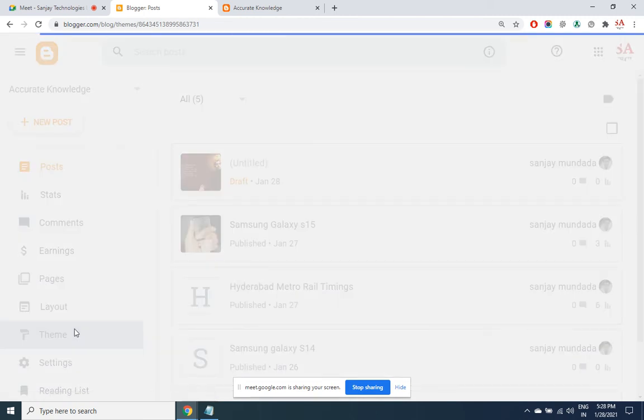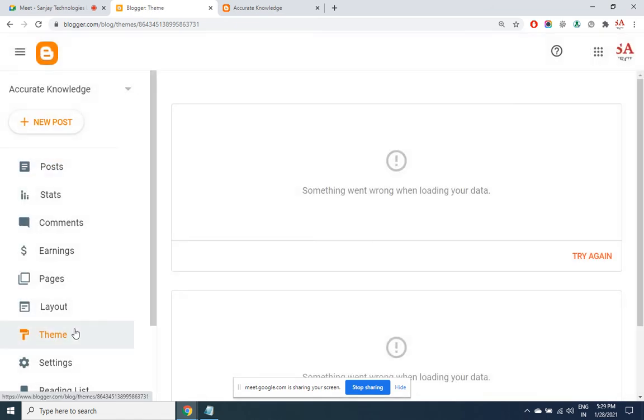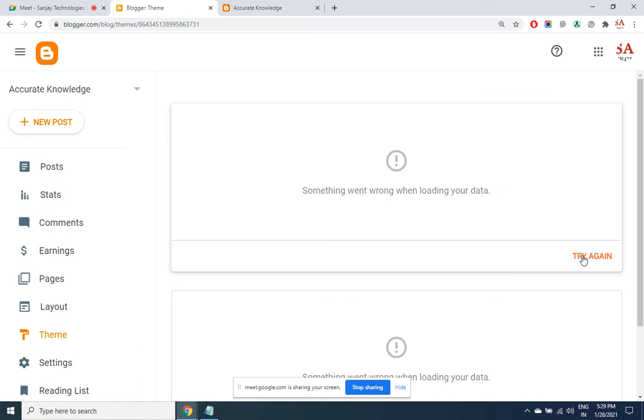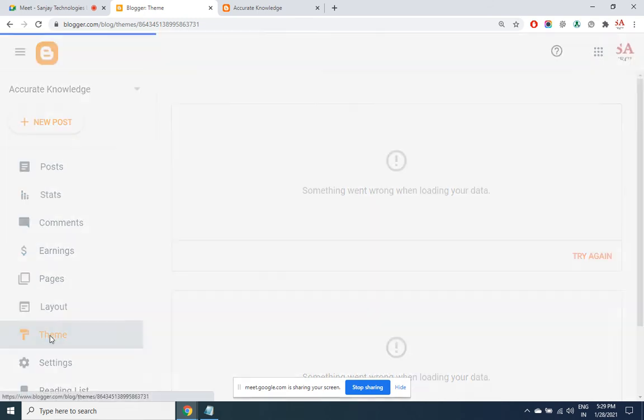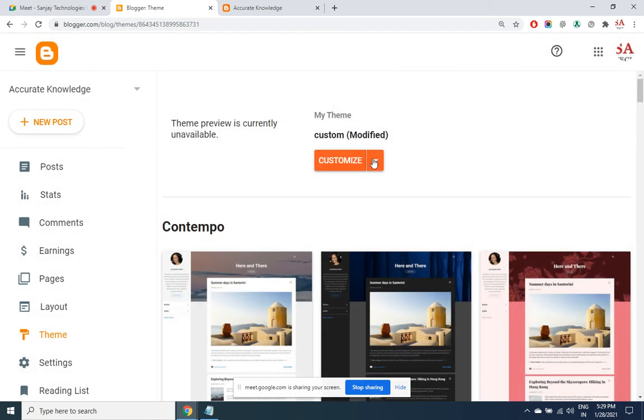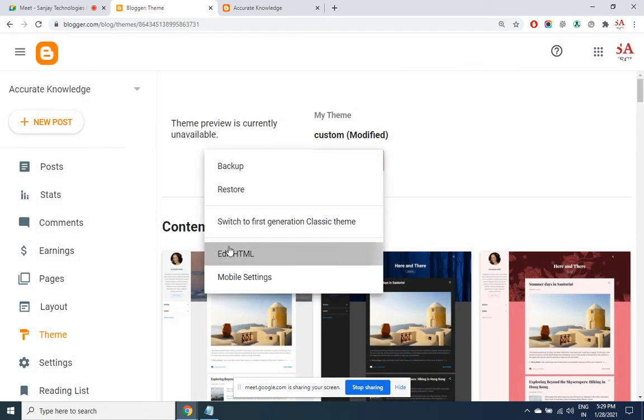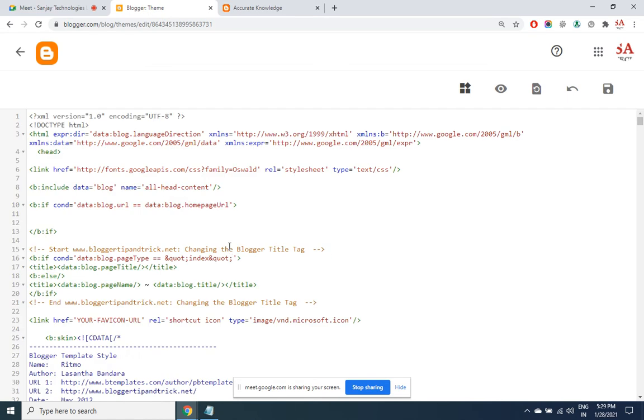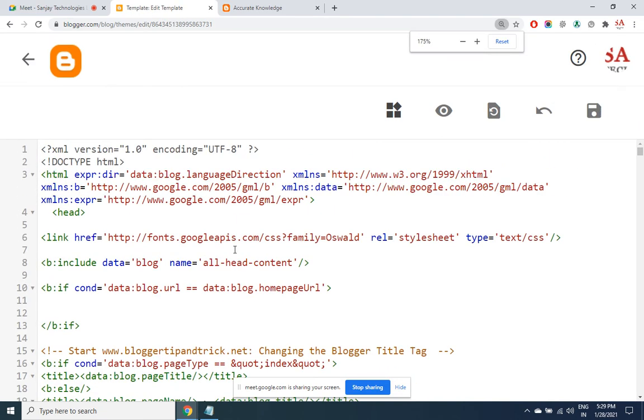Go back to theme. Edit HTML. Control F, slide 2.